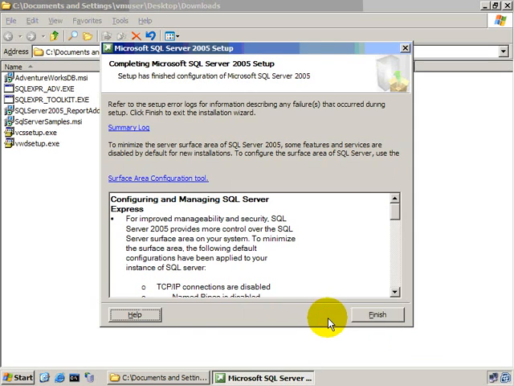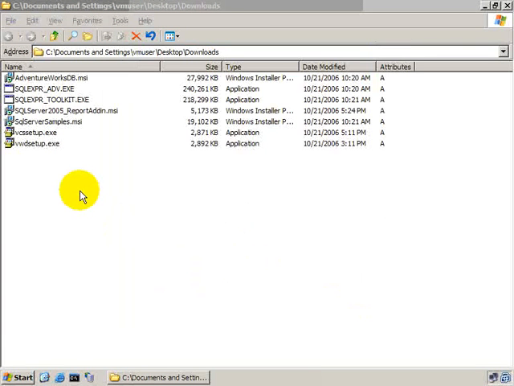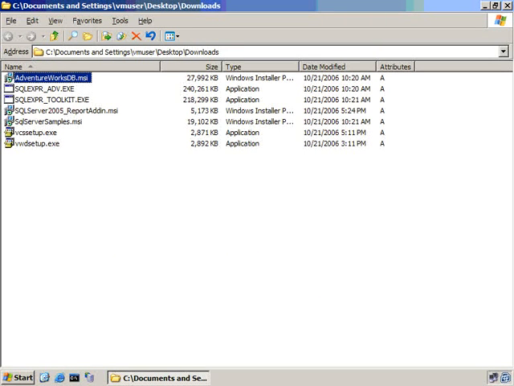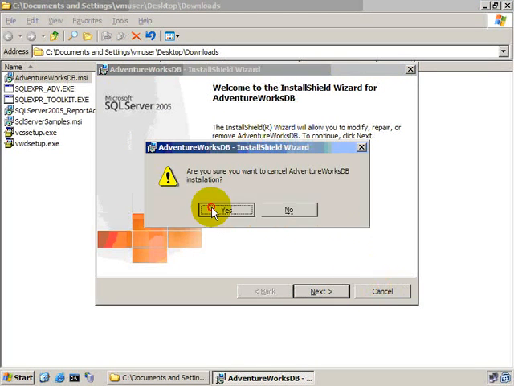After completing the installation, you may want to set up the AdventureWorks database, the sample database that I'll use for the next few minutes. There are plenty of columns in the AdventureWorks database tables that we can create indexes on and experiment with. To install, just merely double-click the MSI and walk through the installation steps. I've already gone through the